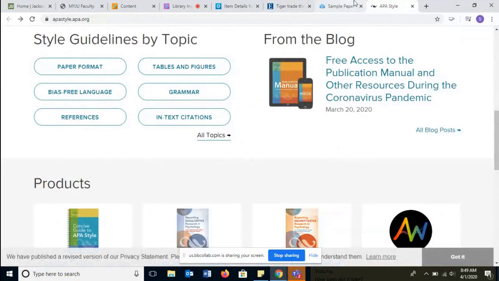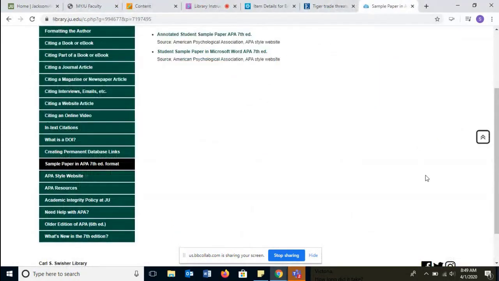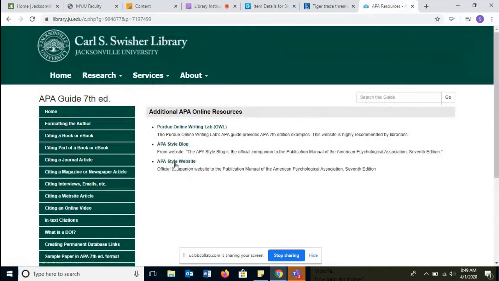All right, so I'm going to go back to the JU's APA Guide. There's also some additional resources. So in addition to our research guide and the APA manual, you can always check Purdue OWL. It's a free site online that you can access. Maybe if you don't have a copy of the APA manual and you just want to look up how to cite a source, you can always use our guide, or Purdue OWL has some really great examples also on their